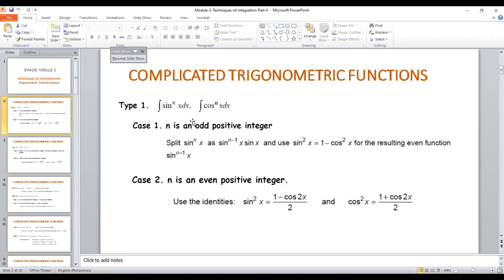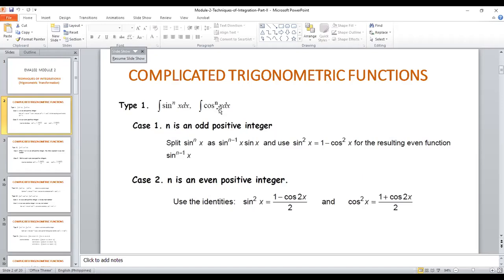You need to split. You set aside one trigonometric function, either cosine or sine. That way, the remaining trigonometric function can have its derivative in the form of the function you have set aside. I have discussed this as well. So you set aside one sine in this case, one cosine in this case. That way, when you distribute it to the original expression, you now have the derivative of the sine and